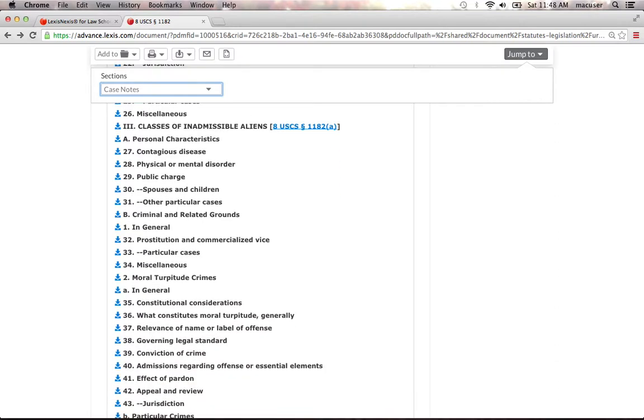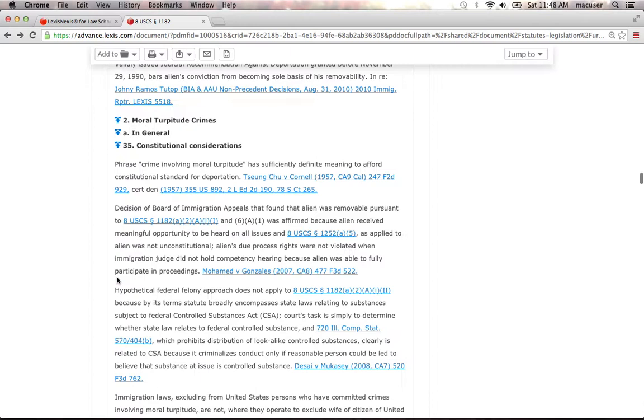So when you're doing your research, if there is a section in case notes that is particularly applicable to you, link into it. I'm going to use moral turpitude crimes. And it will drop you into a section that contains explanatory notes. And we'll see here the phrase crime involving moral turpitude. What does that mean? But more importantly, it's also going to link you out with citing case law, controlling case